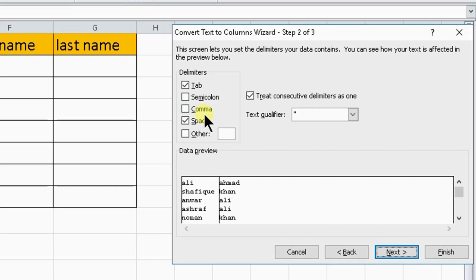Tab, semicolon, comma, space. If it is different from these four, select Other and enter what you want here. So I want space, and click Next